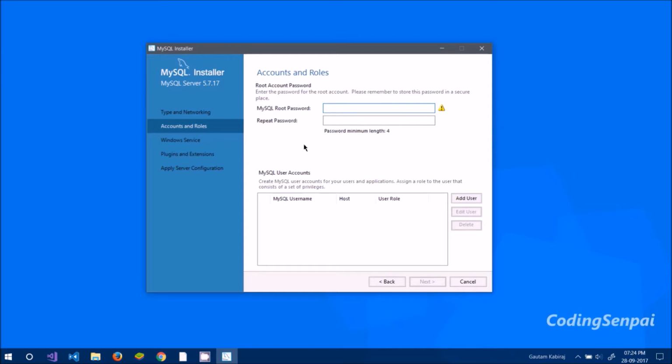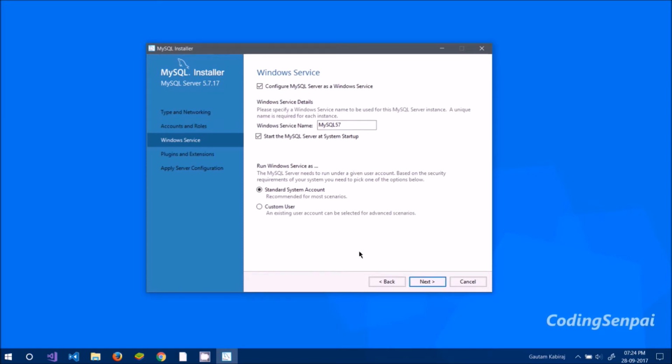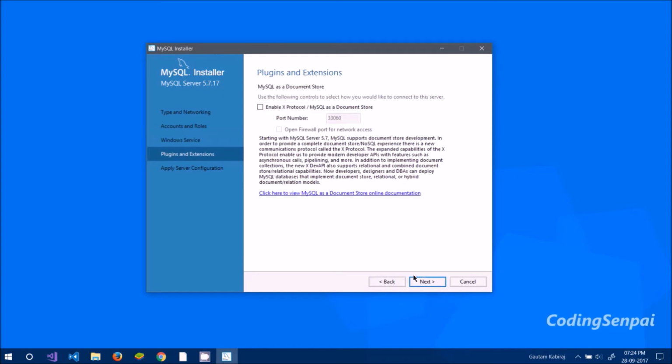What I provide here, the password should be of length 4. So give any 4 length password. I give a simple one here, and repeat the same password here as well. It's too weak, but never mind, I need to remember that. And after that, I click next, and here is the Windows service name. Now this is the service name that will start every time your Windows starts. So it really doesn't matter, but make sure not to use any symbols that may crash your startup. Alright, so start the MySQL server at system startup. After that, we click next, and then again next,